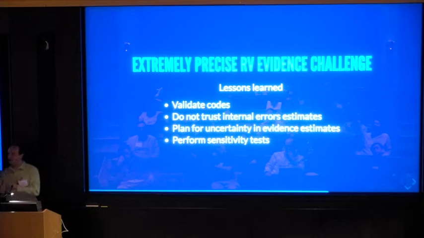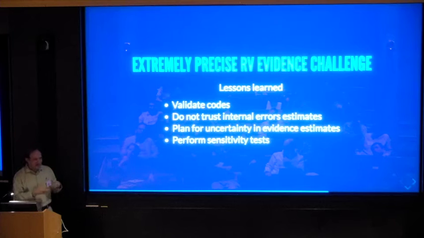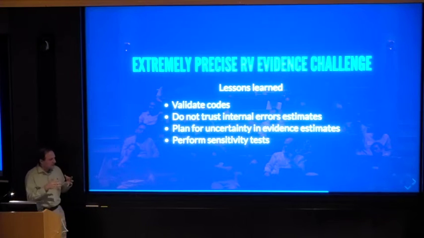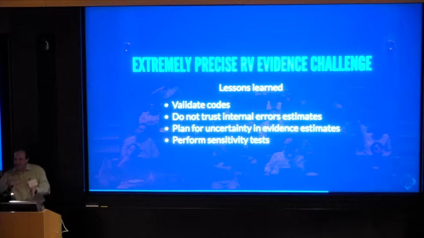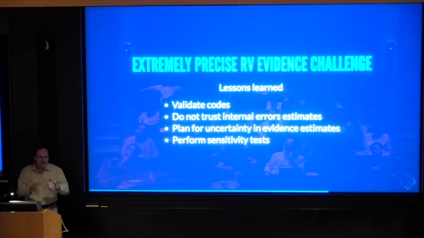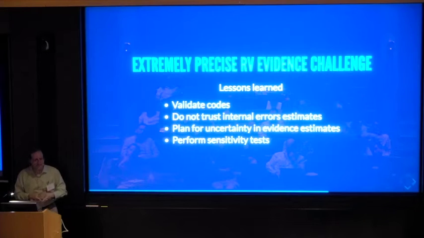It was shocking the fraction of participants who had an embarrassing mistake in their code. These were highly intelligent, respected researchers who had been doing this in the field. Typically, the bug didn't show up in the area where they mostly use their code, but then they were using it for something it wasn't originally designed for. So always, if you're adapting things, whether it's to scale or otherwise, validate those codes